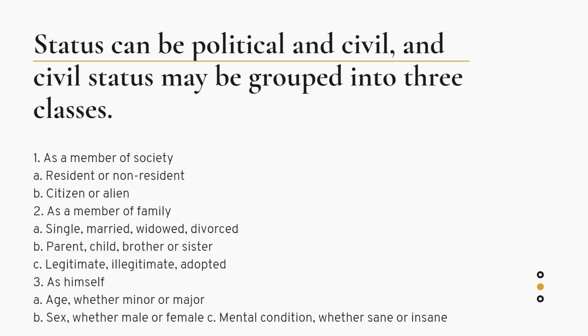Status can be political and civil. Civil status may be grouped into three classes. First, as a member of society. Second, as a member of family. And third, as himself. First, as a member of society, a person or a civil status,